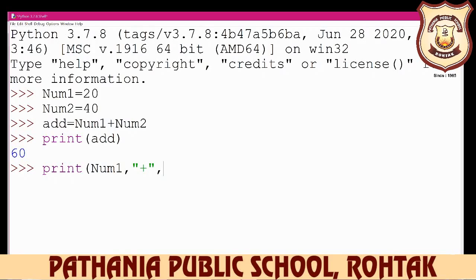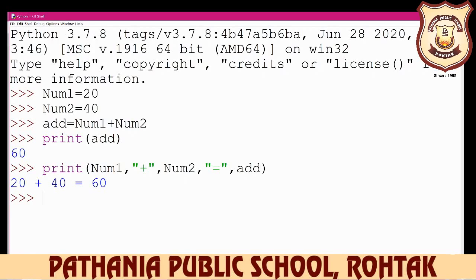Here it displays 20, then plus, and then number 2, so here it displays 40. Then we want to display the equal sign, so again put the comma operator here, and in inverted commas write the equal sign, then close the inverted commas, and here you display your answer. Your answer is in add, so you write add here, and then close the bracket.